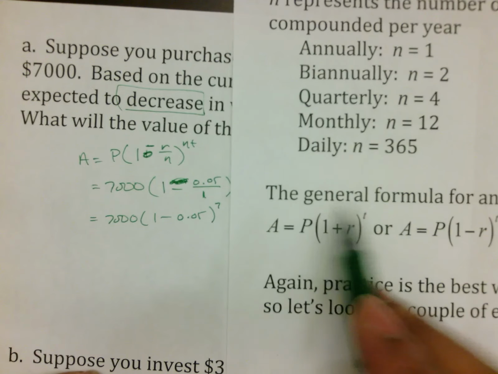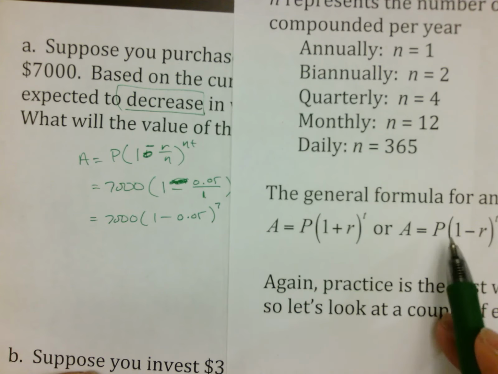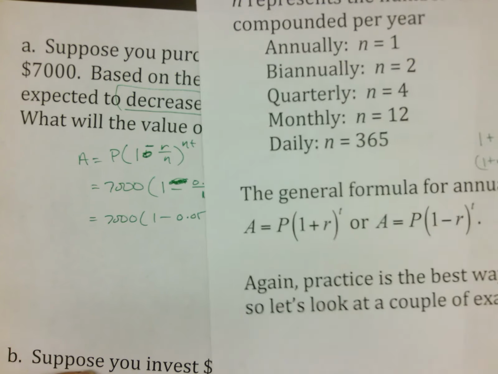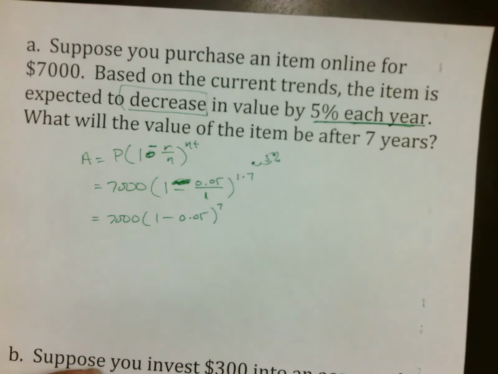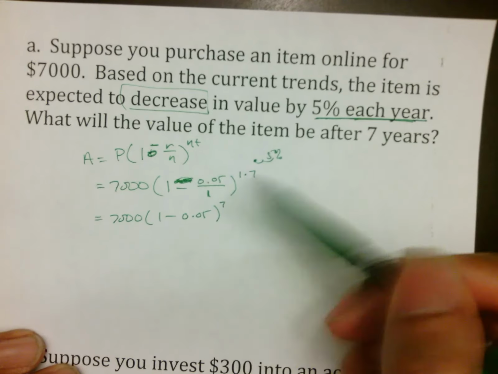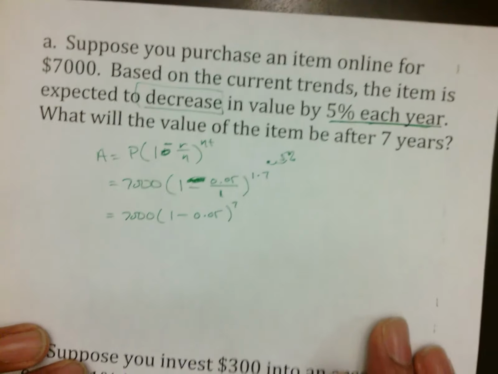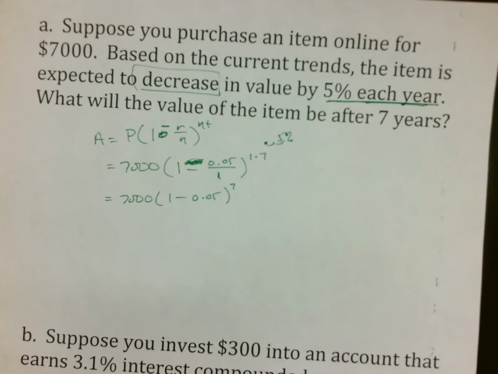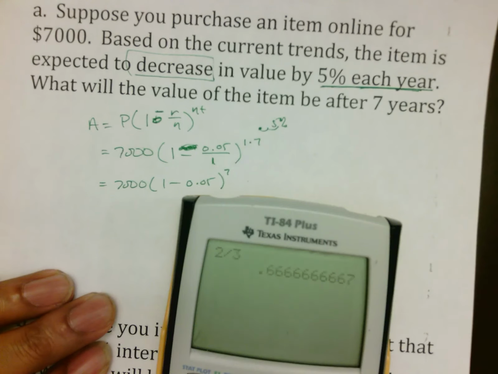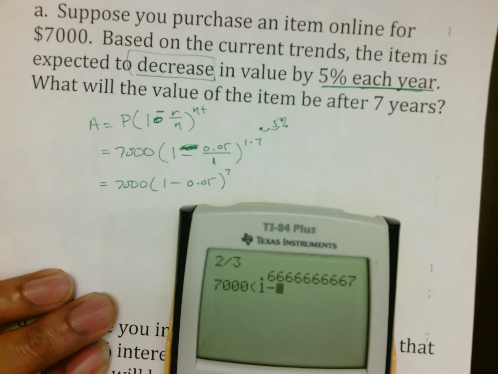Notice that that is your formula. 1, except it's this one, 1 minus r to the power of t. So again, as long as that n is equal to 1, those numbers just change into a nice format, and all you have to do from there is type them in. So we type our 7,000, parentheses, 1 minus 0.05, caret 7, and we get the answer of